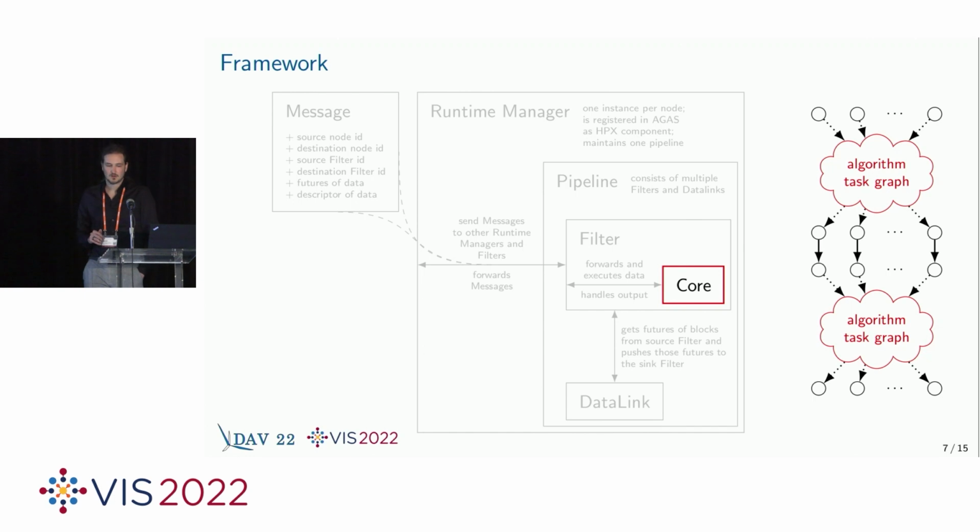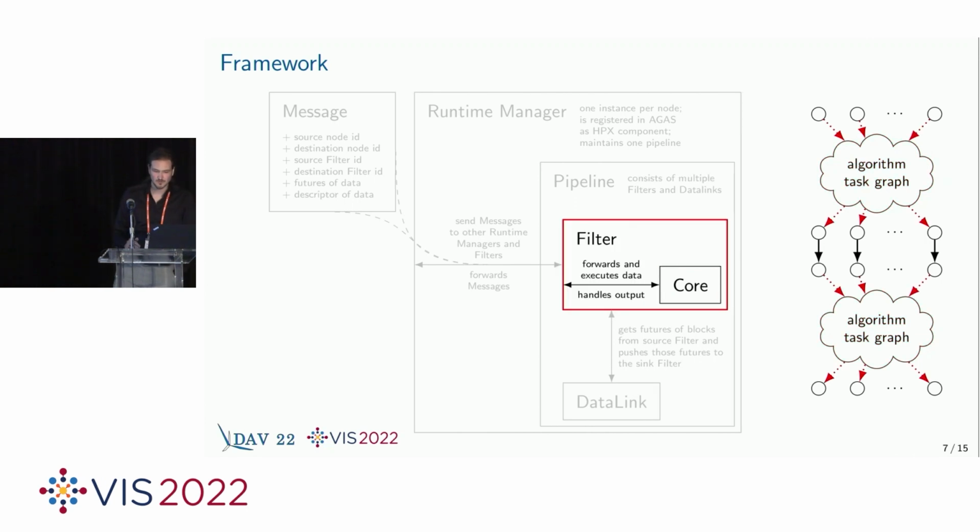The core carries all the information of the algorithm logic and is responsible for scheduling the asynchronous function calls and creating the task graph, the inner task graphs of the modules from the connection points that are given by the sources and the sinks. Those connection points are handed over to the core by the filter, and the filter is also responsible for managing the execution policy